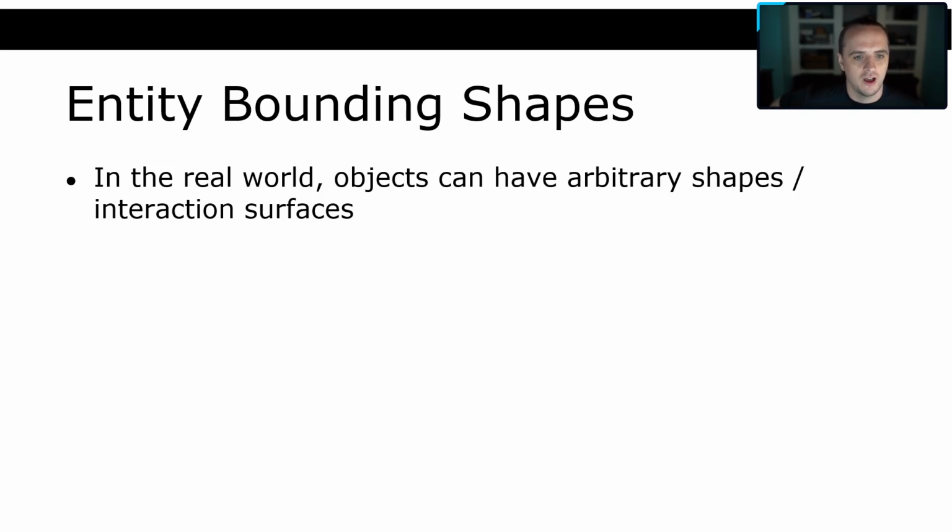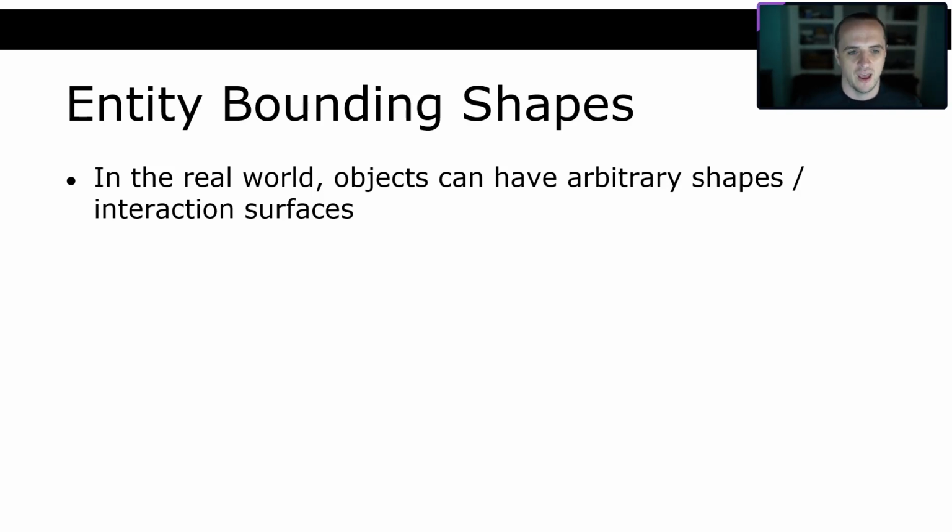And in the real world, objects can have completely arbitrary shapes or interaction surfaces. So for example, here I have a glass of water, right? And I have my hand, and they have very different bounding boxes, right? So this glass of water is like, I don't know what you'd call it. I guess it's a conic section where there's a cone, but it's chopped off here and chopped off here. It has like an internalness to it. I can put my finger inside here and drink from it. My hand is this arbitrary shape that has these prolonged things called fingers, and things can pass through them, right? But modeling this in all of its infinite precision is not going to be possible within a